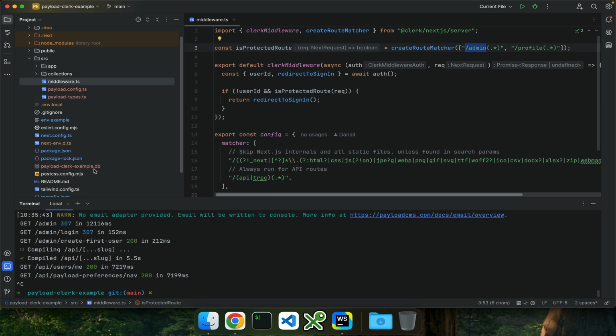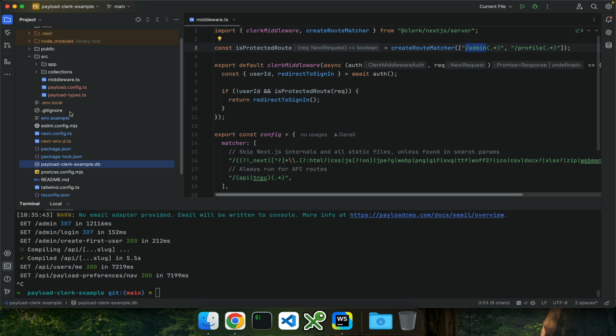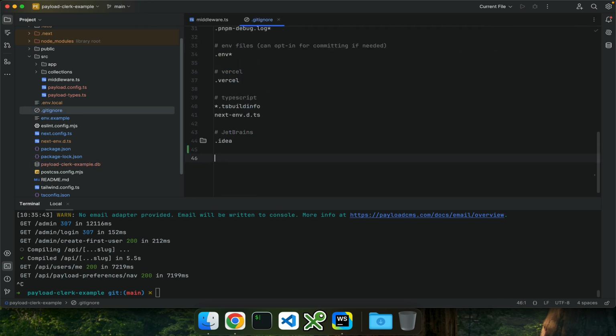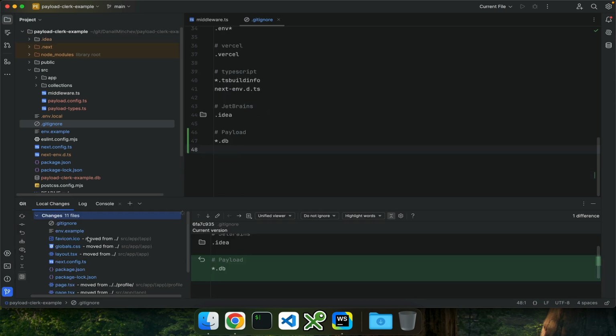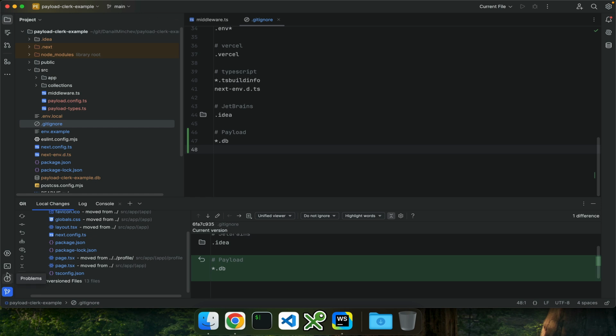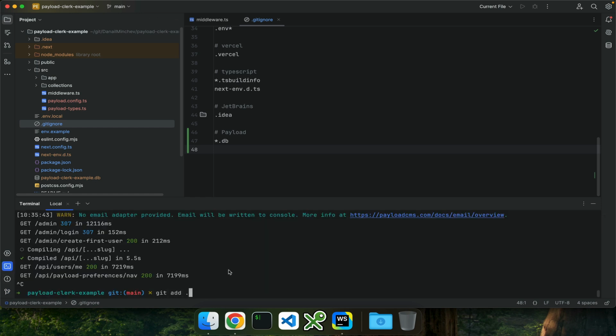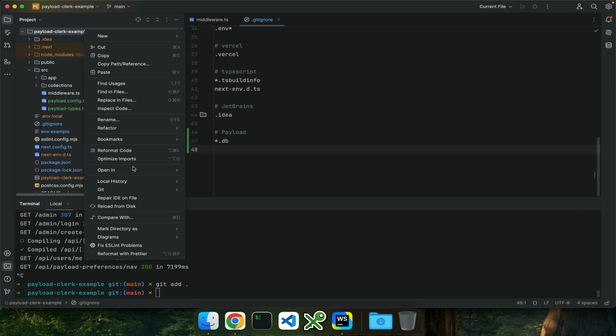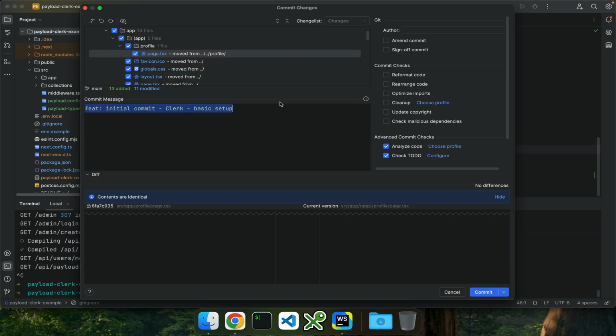One more thing is that we have this file used by SQLite, so I'm going to ignore it. And this is part of the payload files, so let's ignore the DB files. Again, we will migrate to Postgres later. So let's see our changes. Okay, let's do git add here and commit this. So it will be initial commit payload